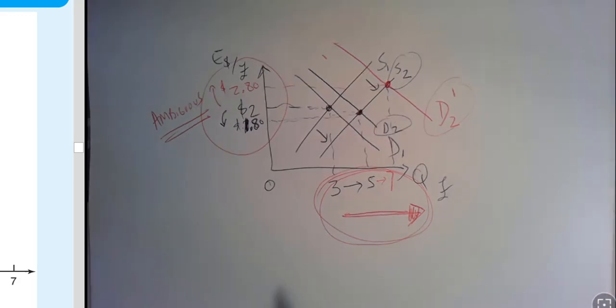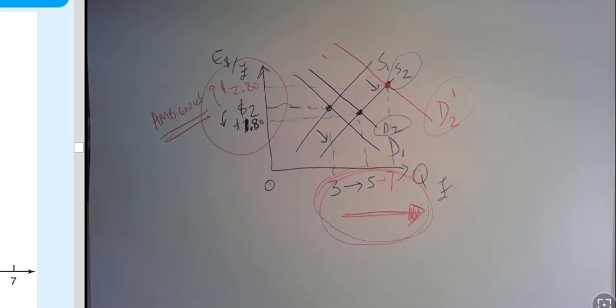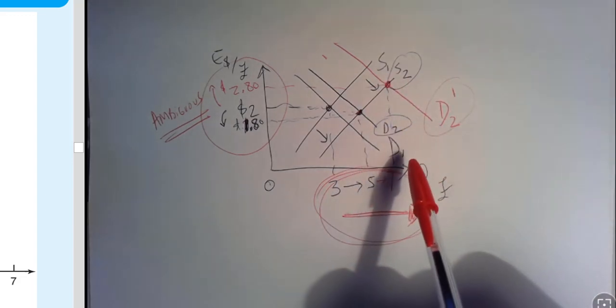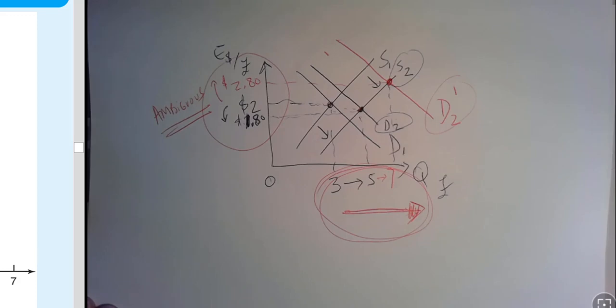So I'm using this case to illustrate that when both curves change, we need to pay attention to which variable we know for sure, in this case was quantity, and which variable is going to be ambiguous. So the best way to do that is always to plot the graph and check out with different jumps in the demand or in the supply which variable turns ambiguous and which one you know for sure the direction of change. Just like you used to do in your Principles of Economics courses.